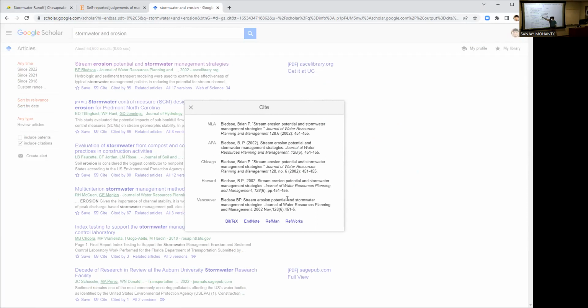Then you copy this one. Let's say you cite there as the first author's last name and year and all that format, and then you copy the entire thing and put it in the bibliography or the reference list at the end.